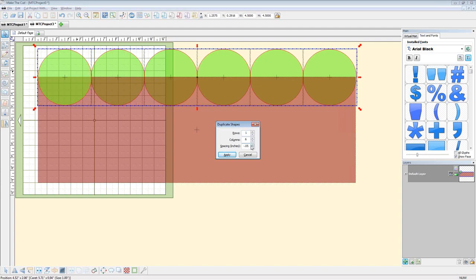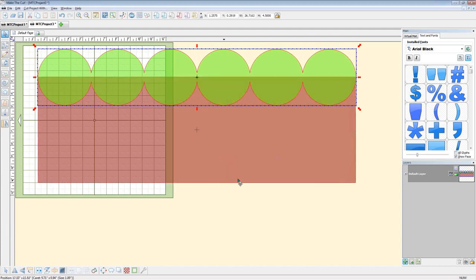And then just, okay, negative 0.55, 0.56, 0.57. That's close enough. We'll hit apply. I'm going to weld those together, and then I'm going to sort of zoom in at this